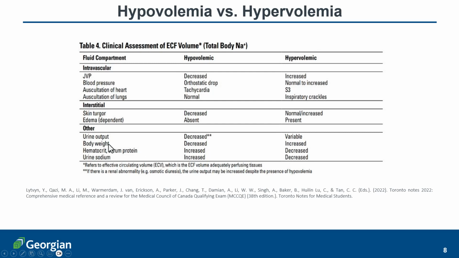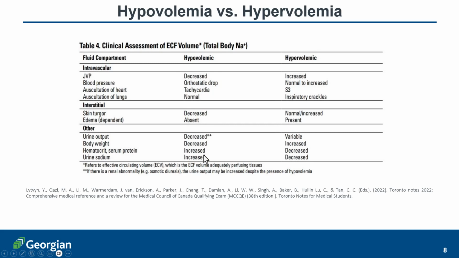So body weight is the most sensitive measure of ECF volume, of the total amount of water in the body. In a hypervolemic client, body weight would be increased. So if you retain 1 extra liter of water, your body weight is also going to go up by 1 kilogram. In the case of hematocrit, for a hypovolemic client, hematocrit is going to be increased because